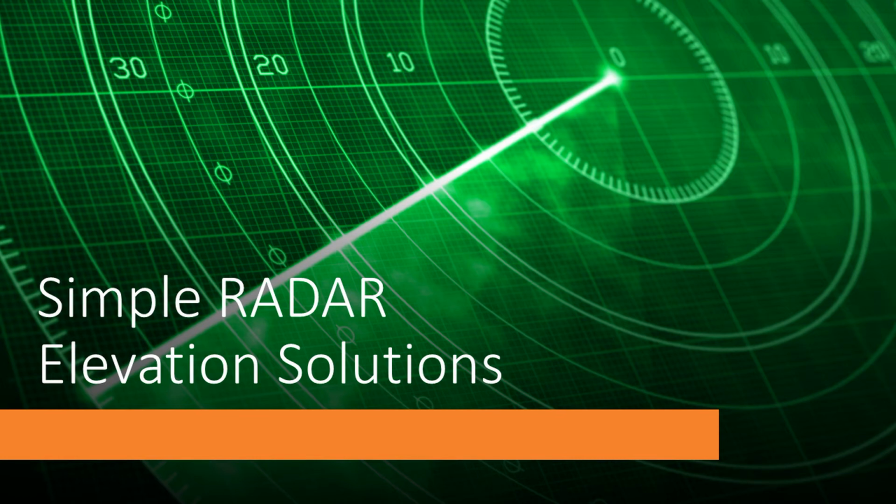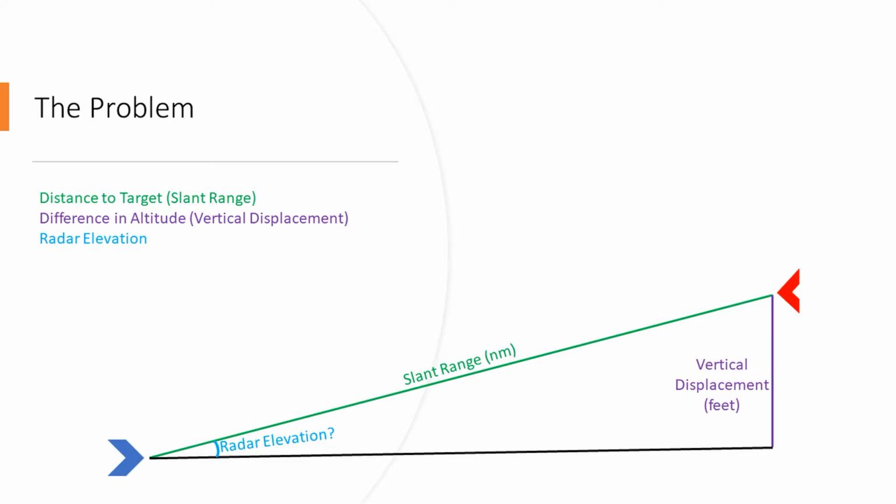Hey everybody, today we're going to have a look at simple radar elevation calculation. During a mission, we're going to get three pieces of information from AWACS about a target we need to intercept: the bearing, the range, and the altitude. We don't need to worry about the bearing for what we're doing today, but we are going to use the